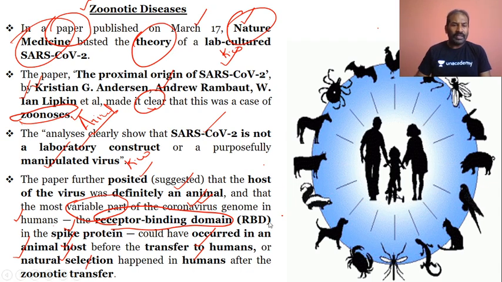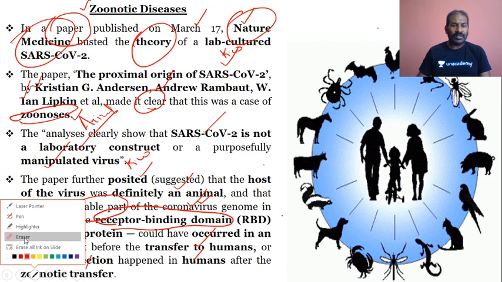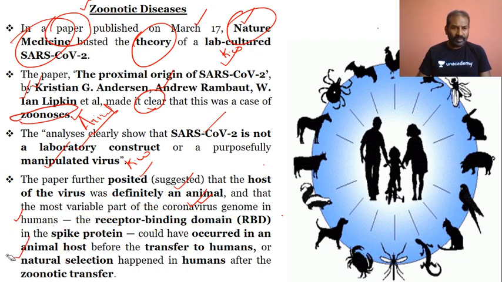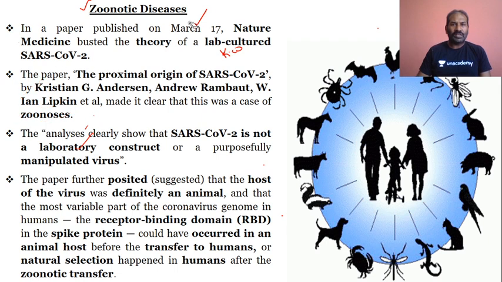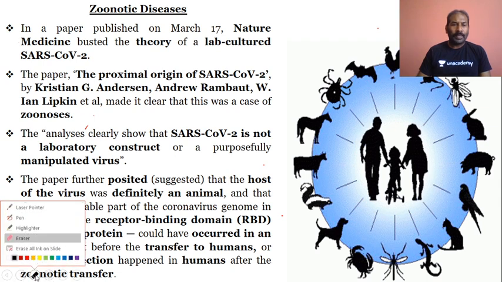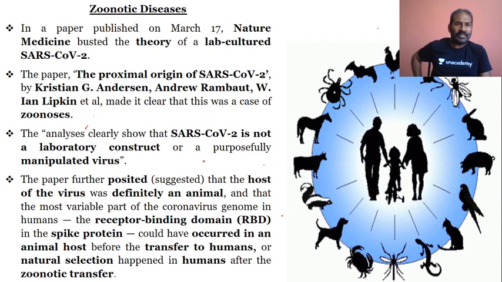So definitely the paper very clearly, categorically says, through various researchers, that because of the receptor binding domain, it is not a lab culture but a natural process. So the zoonotic disease which is now spreading virulently is not a lab culture, as per the paper published in Nature Medicine by Kristian G. Andersen, Andrew Rambaut, and W. Ian Lipkin. It very clearly states that it is because of the